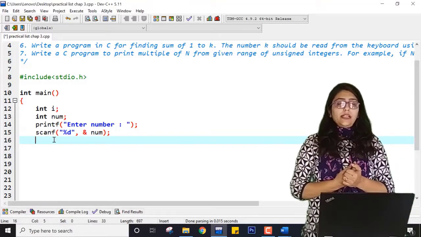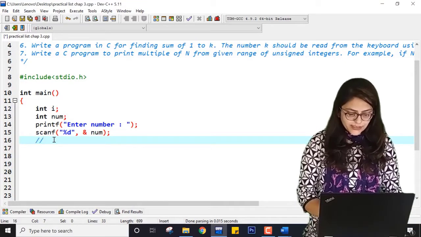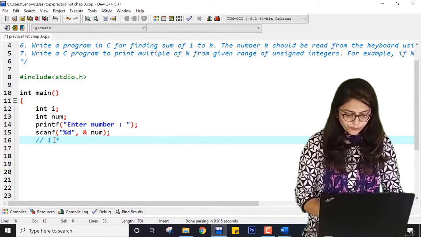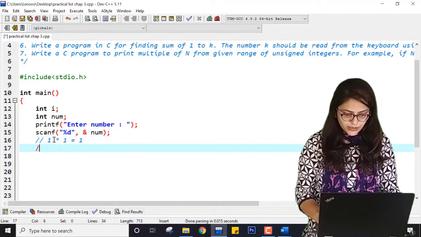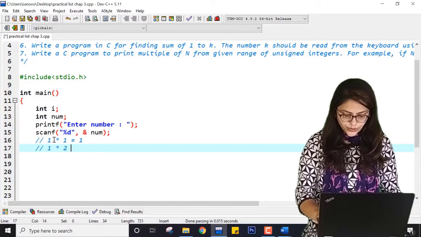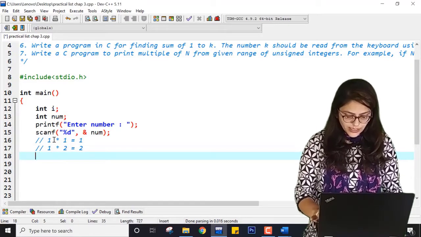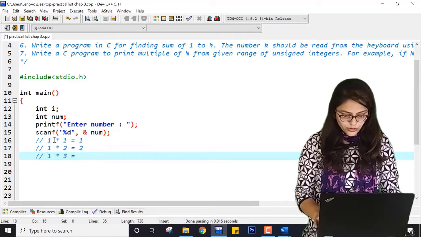Okay, so I want to print the multiplication table of this num. Now how exactly is multiplication being done? If I show you, it is like 1 into 1 equal to multiplication of this, then 1 into 2 equal to multiplication of this, and similarly 1 into 3 equal to 3.